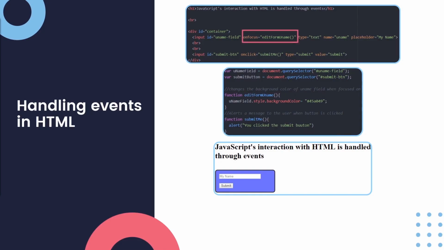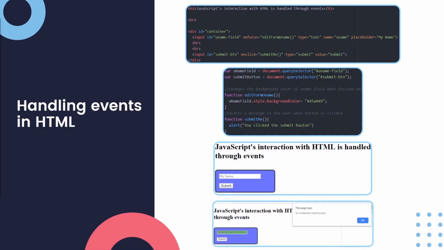So in the first example over here, we call the onFocus event. So once a user focuses on a specific element, in this case the input field, this event is then called in HTML by simply saying onFocus and then passing in that function, editFormUname. In the second case, we do exactly the same thing, but the event we are calling here is onClick. Okay, so not onFocus. So when the user clicks a button, this function called submitMe is called,